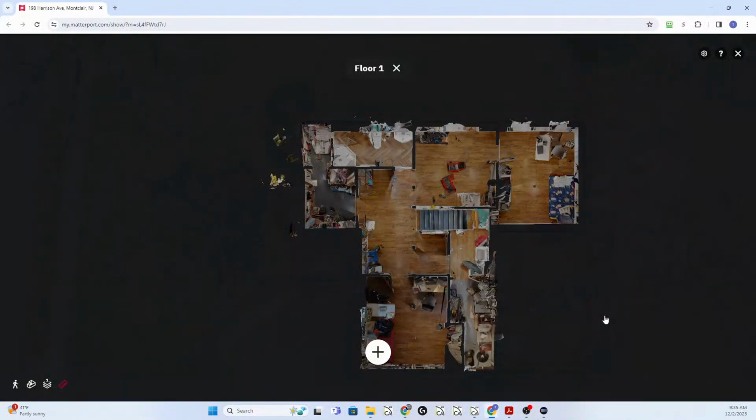Here's the Matterport. Never done this live before, so I'm kind of figuring this out as we fly here. I'm going to go back to the